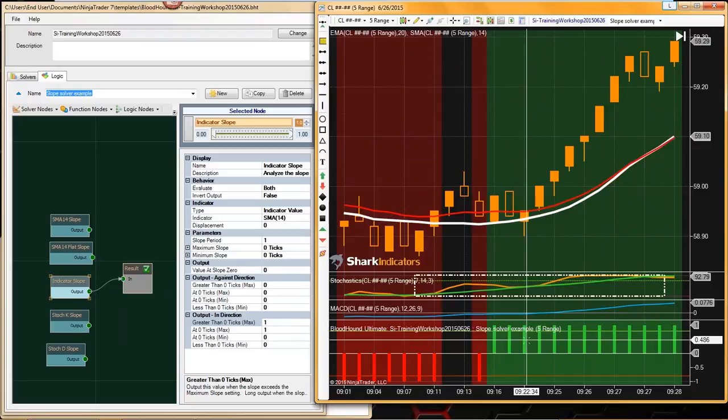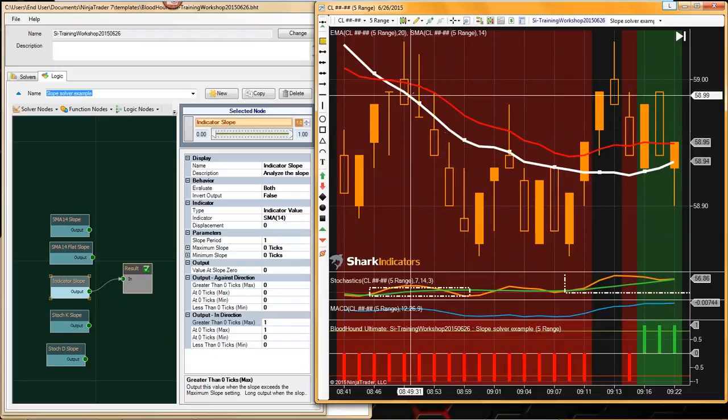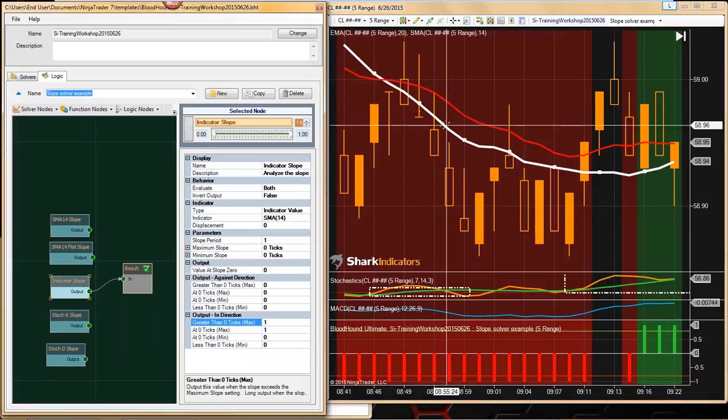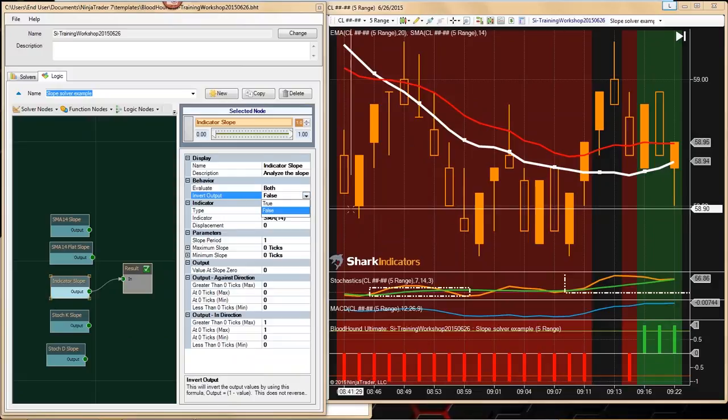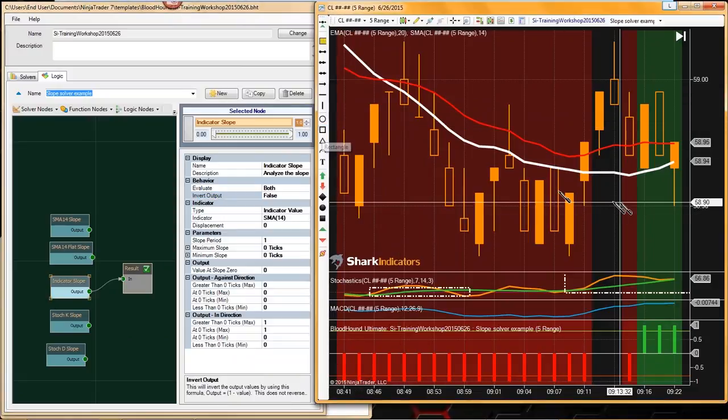The long output is typically associated with being up. Of course, when our indicator slopes down, the output is down. So the output is in the same direction as the slope of the indicator. Now we can reverse that if we want. Reversing it is different than using the invert. The invert is a little different. So what we want to keep in mind is